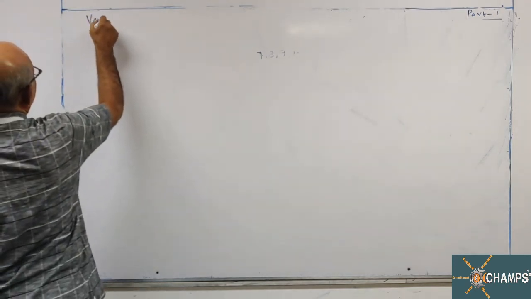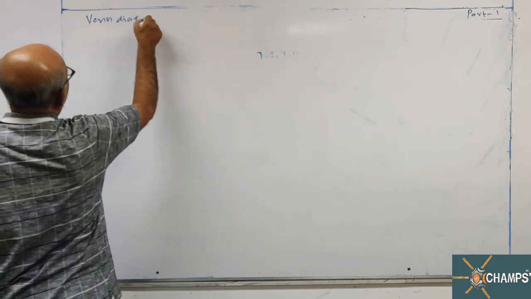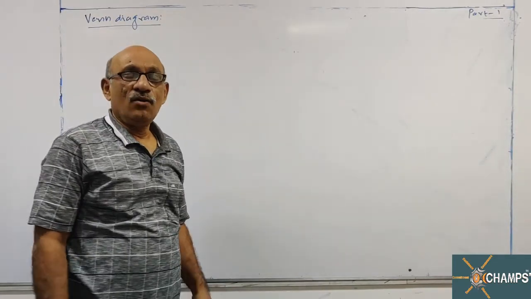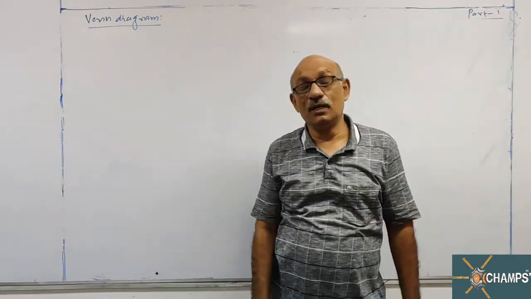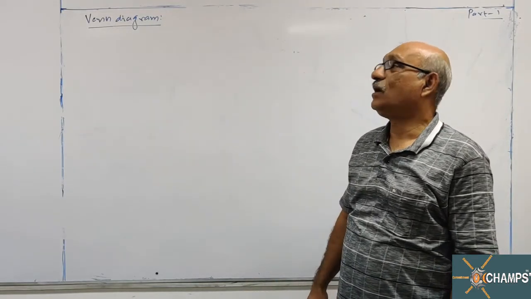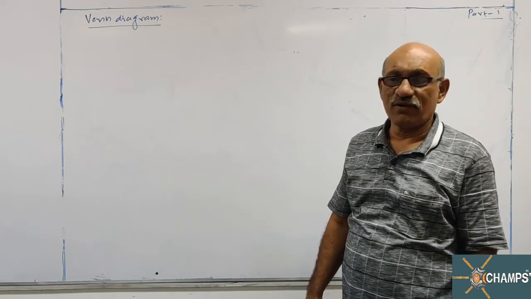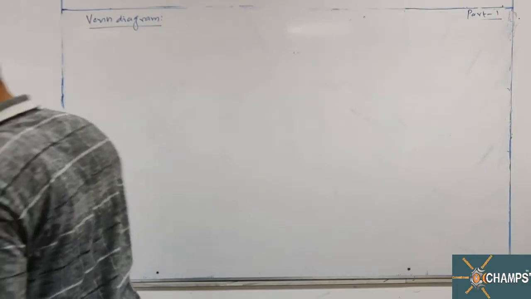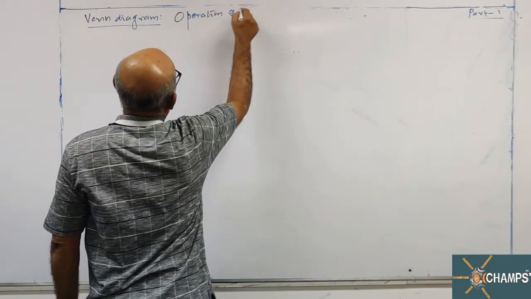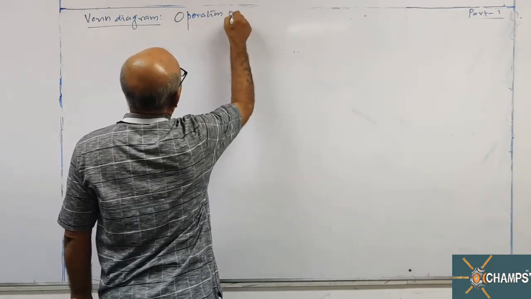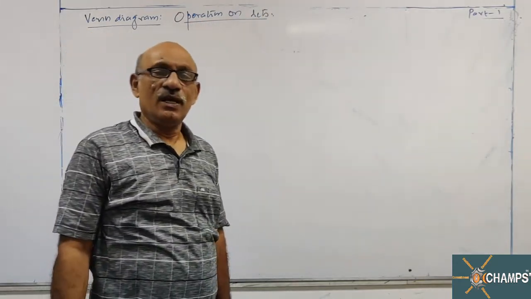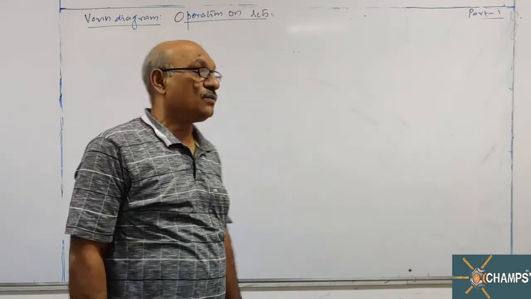One diagram I will consider for operations on sets. We have union of sets, intersection of sets, complement of a set, difference of sets. This way we are doing different operations. For that, how can I represent them with the help of a Venn diagram? Operations on sets. First let us consider 2 sets, then we can extend the concept to 3 sets also.